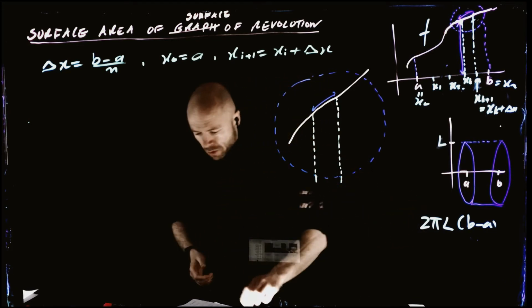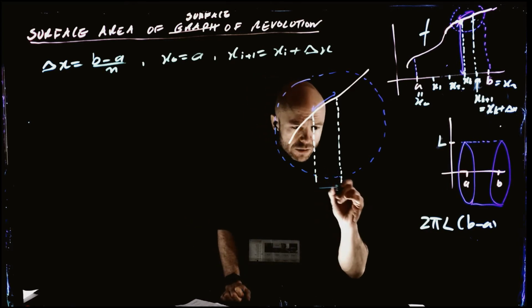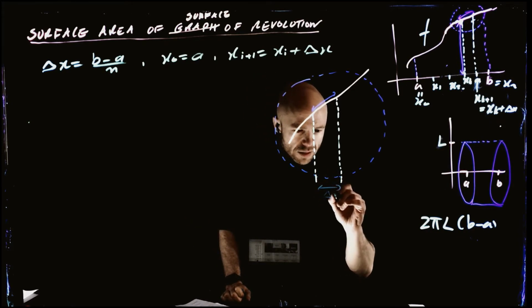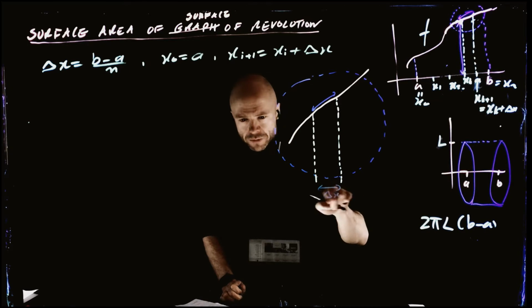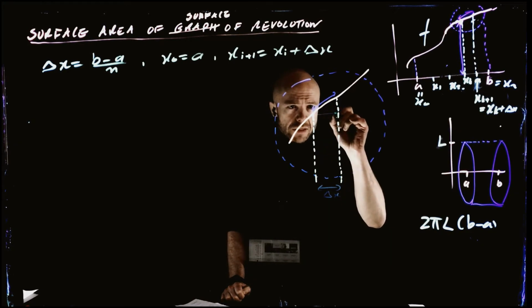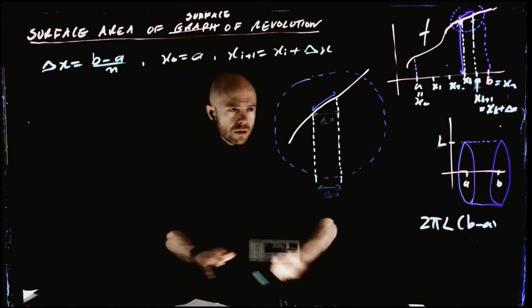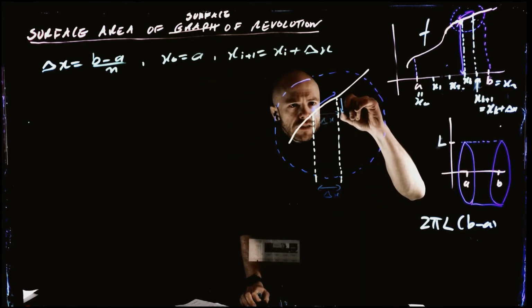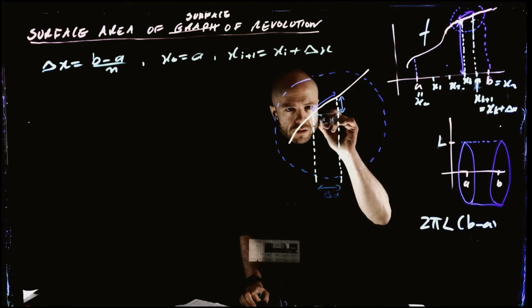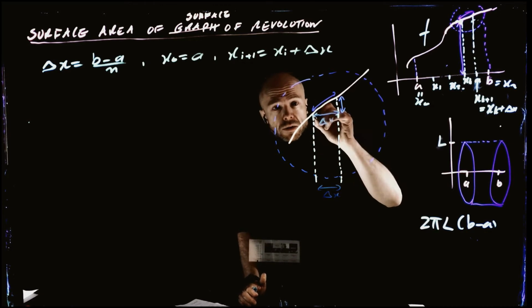And if we think a little bit more about it, then what do we actually have? This here is thickness, or this is size delta of x. Is this blue visible for you, or is it a bit dark? It's okay? Okay, good. So this side of this triangle is delta of x. And then we have to ask ourselves, what is this side? It's related to the slope, right? So right here,